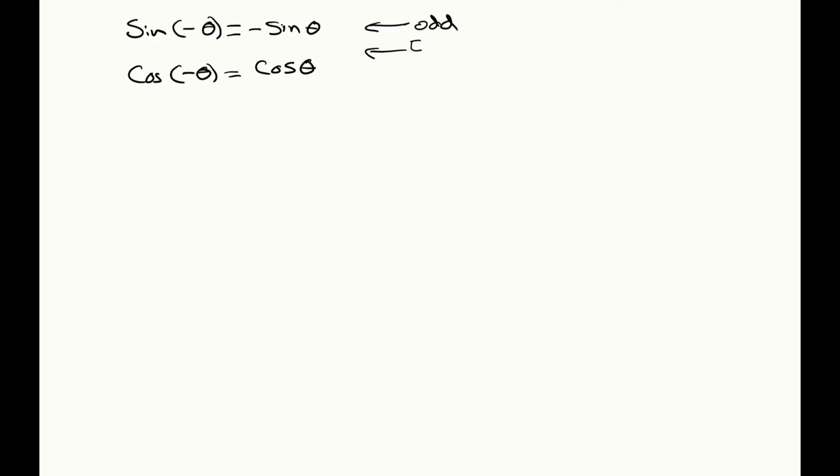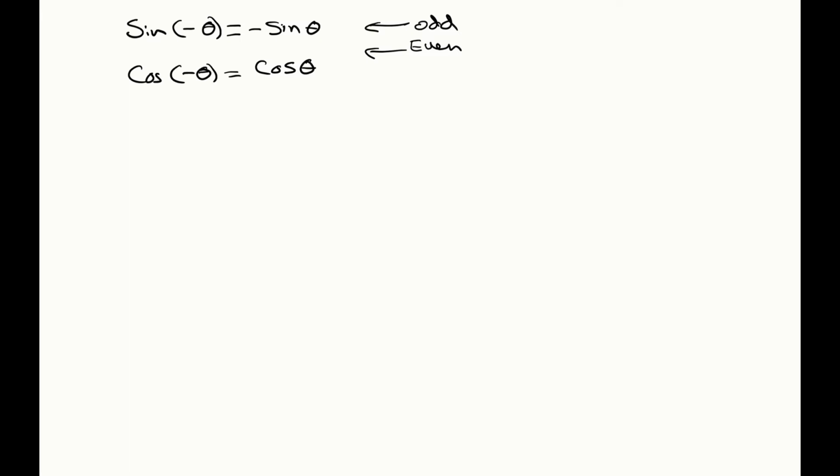So as we just observed, the sine function is an odd function, which means sine of negative theta equals negative sine of theta, and the cosine function, on the other hand, is an even function. So cosine of negative theta is actually going to be the same as the cosine of theta. So here we have an odd function, and here we have an even function. And of course, once we know this, we can determine the nature of all the other 4 trigonometric functions as